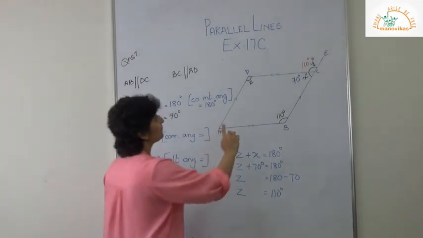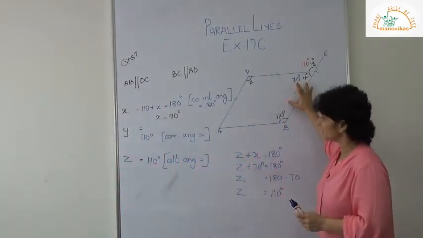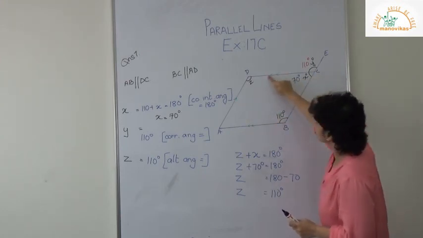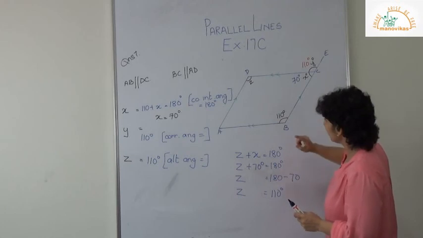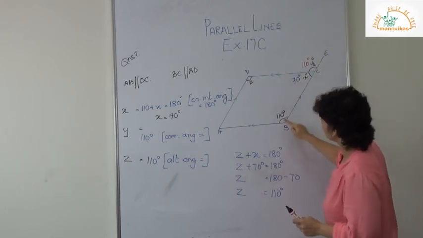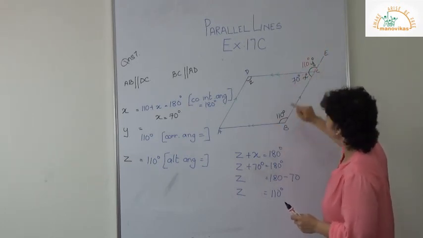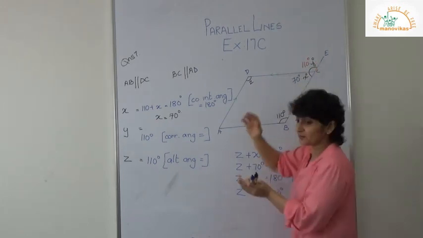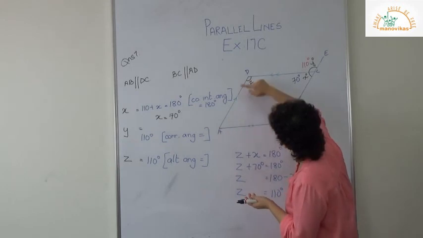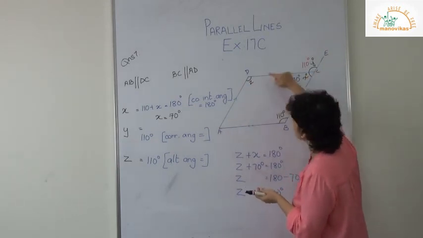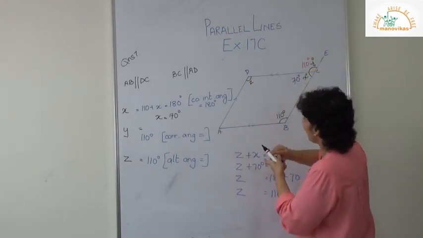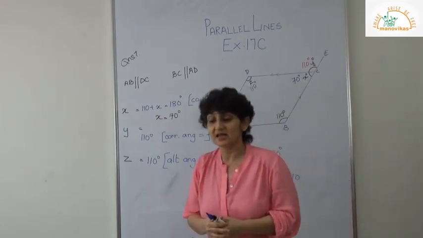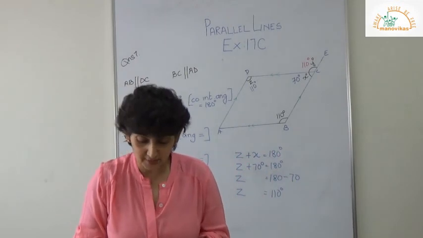So I repeat, these are co-interior angles, 110 plus X. Remember the box shape also I had told you, children. Then ulta L or the mirror image of L. So these are corresponding angles. And then if you turn your book, this will give you the Z shape. So these are alternate angles. So this also will be 110 degrees. Children, I hope you have understood.